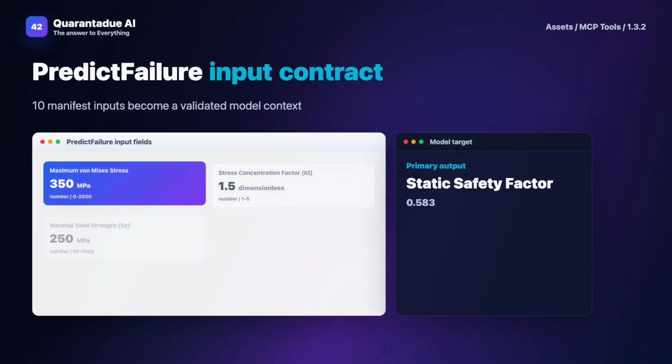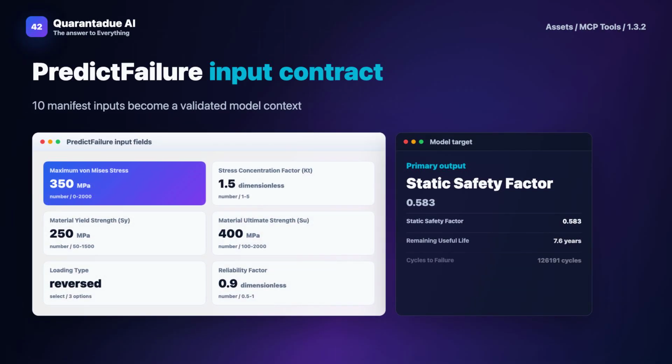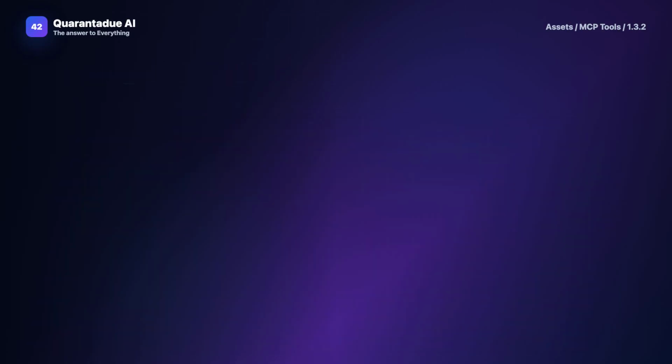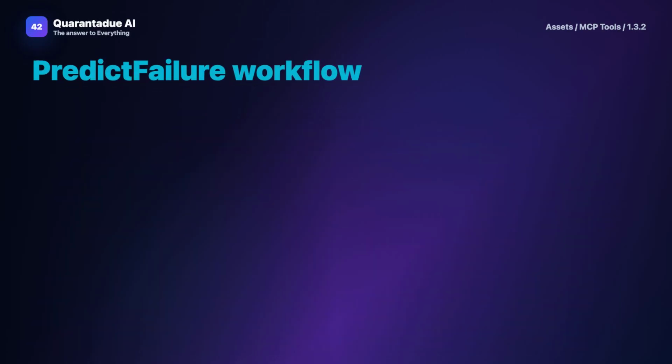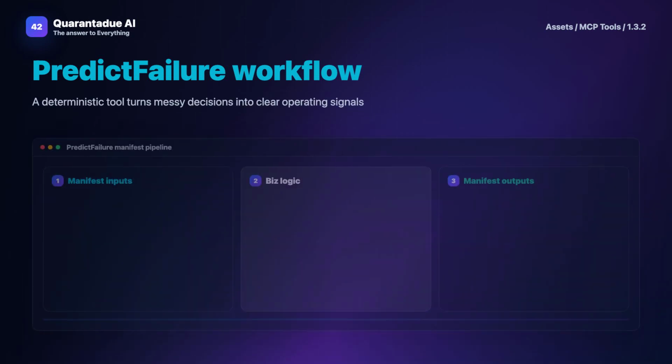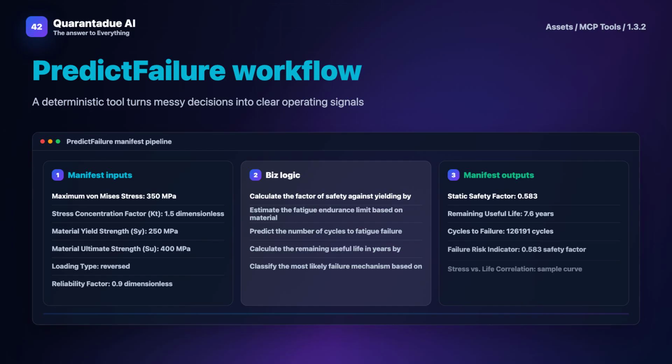The workflow then applies the following steps. Calculate the factor of safety against yielding by comparing the material yield strength to the maximum effective stress considering stress concentration. Estimate the fatigue endurance limit based on material ultimate strength, loading type, and statistical reliability factor. Apply standard loading factors for reversed, repeated, or fluctuating loading. Predict the number of cycles to fatigue failure using the Basquin equation, incorporating the maximum stress, stress concentration, endurance limit,